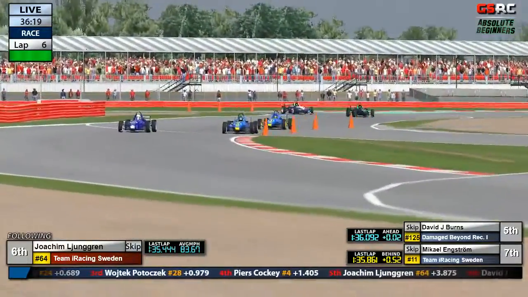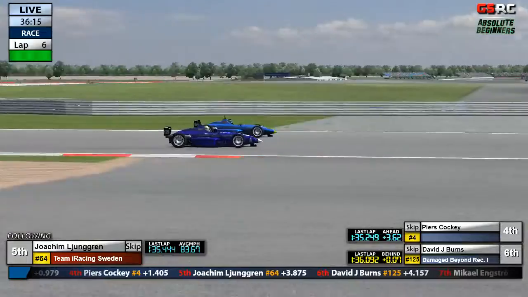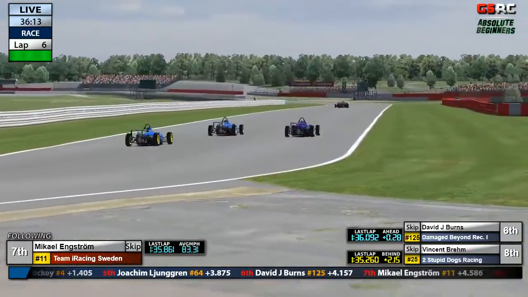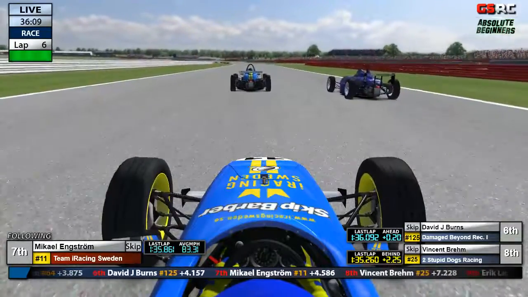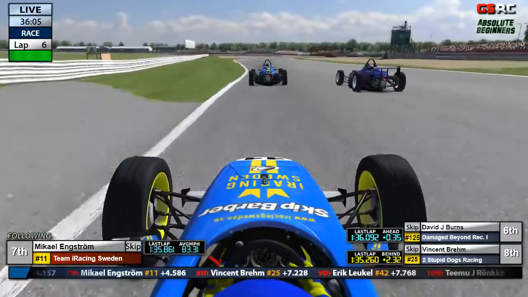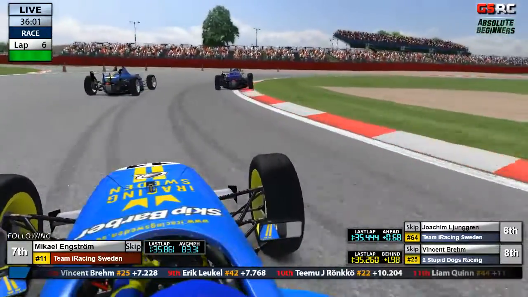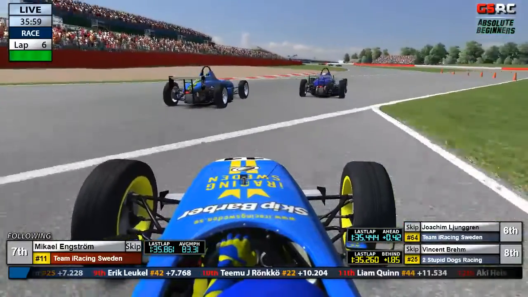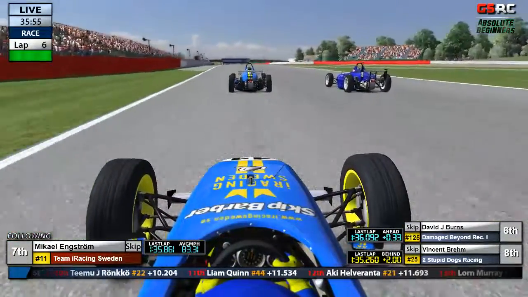He made a big mistake down into Becketts. This is allowing David Burns to get him once again. Looks like the patience might be paying off. He's on the outside as they head around these fast kinks. He's going to be alongside him as they hit the braking for the Abbey hairpin. Can he outdo it? Looks like he gets better braking into there. Joachim trying to carry his speed around the outside. I don't think he's got enough because once more Burns...